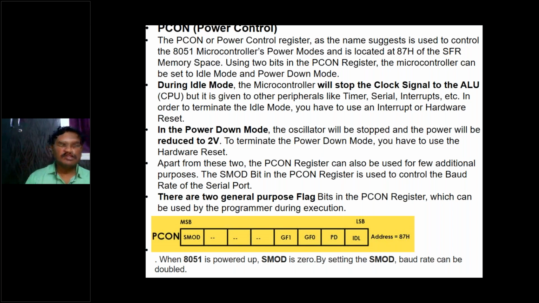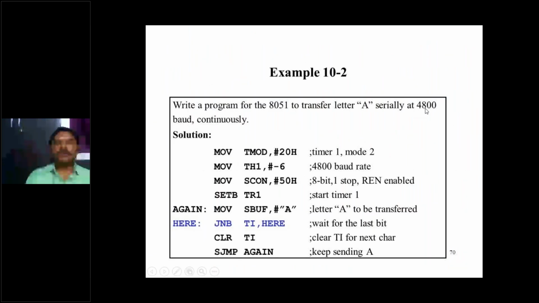During idle mode, it will not send any clock signal, because idle mode means no operation takes place.